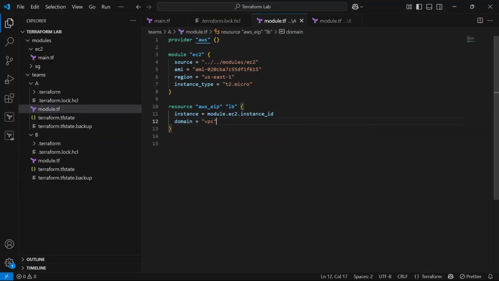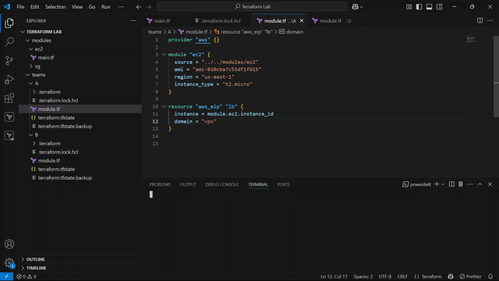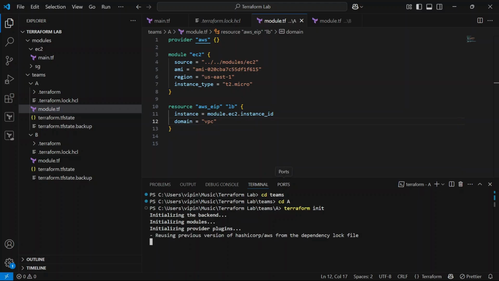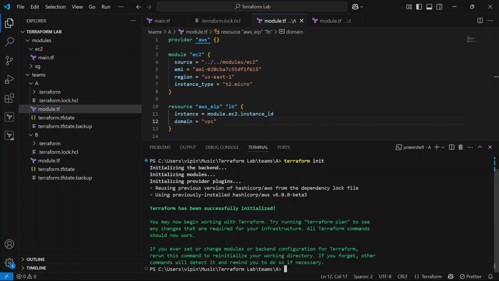Now we have to open the terminal and run it from project A, because we have declared the resource block of the elastic IP in team A. So let's cd teams, cd A, and run terraform init. Let me scroll up a little so that we can see the output values here.